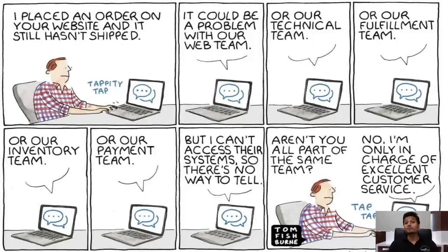Now this is very bad for a business, because when you are working in a team, when you are having a business, then definitely we have to work as a team, and the representative who is handling the customer must have proper track of all the records of that customer. But still the customer executive says, no, I am only in charge of excellent customer service. So is this a way that the customer executive will be able to deliver excellent customer service to this customer? No way,